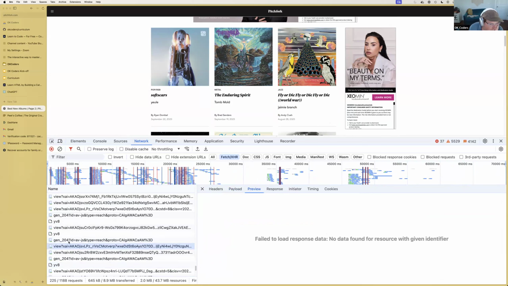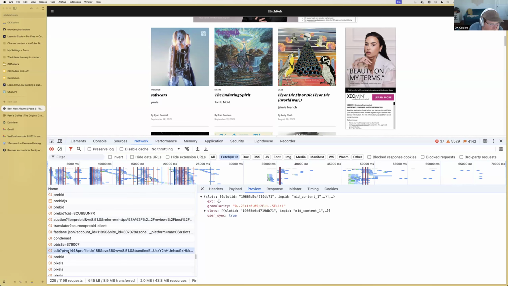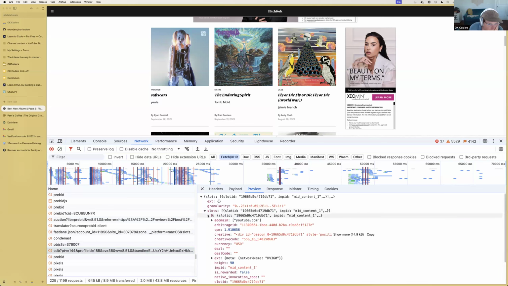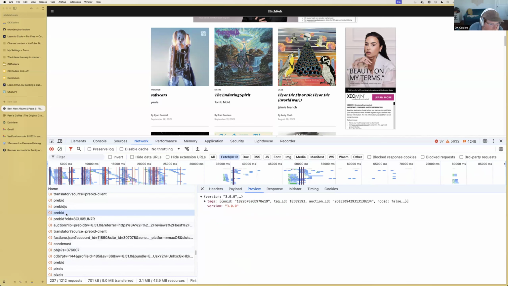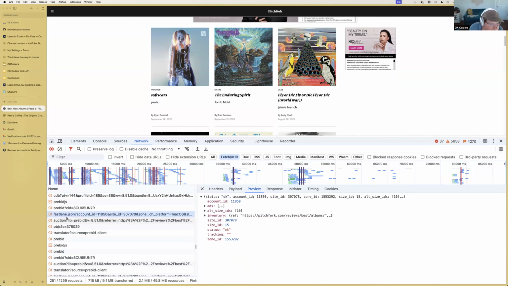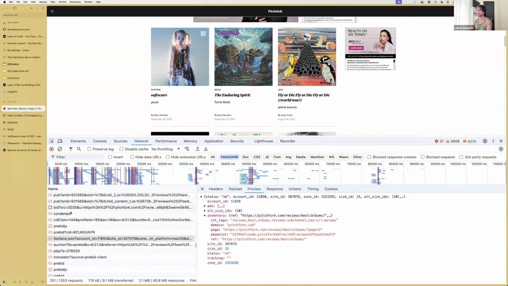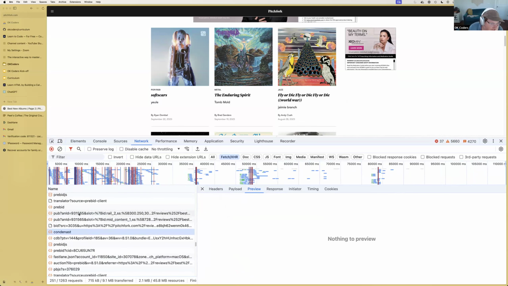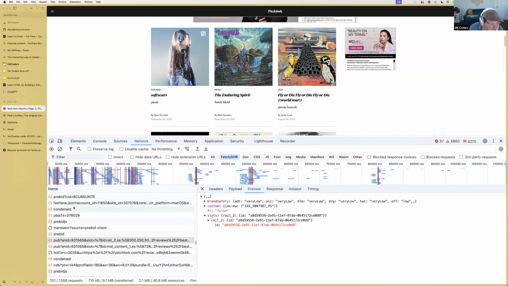Sorry, this might take me a second to actually find. It might take me a second, or I might not have enough time to find the data that's being used to show the reviews, but